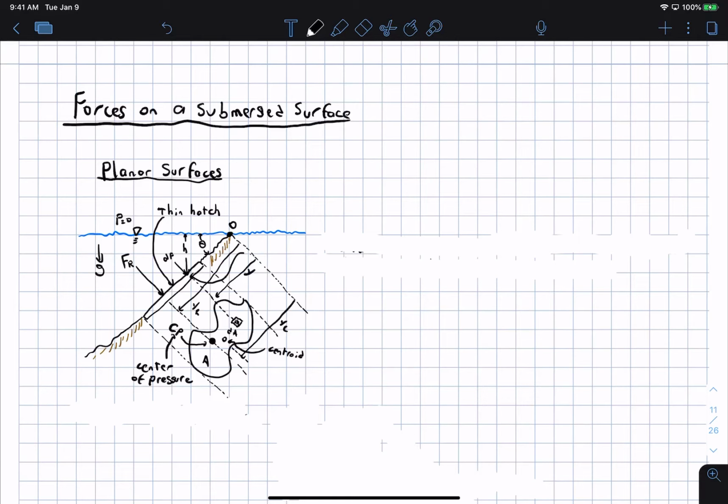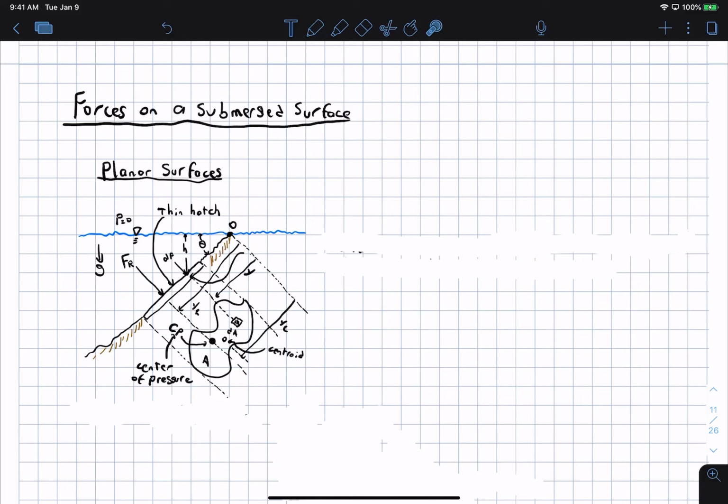Now we're going to use the results of our pressure distribution in a static fluid to analyze the forces on a submerged surface. This could be something like a hatch on a submarine. You might want to know how much force it's going to take to open that up, or if there's a little valve on the side of a fish tank, you might want to know how much force you're going to need to design that valve,